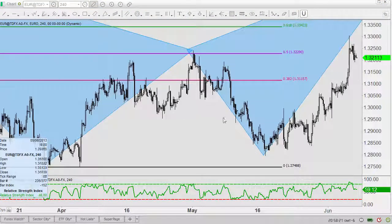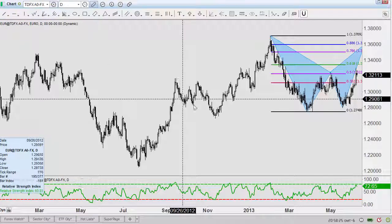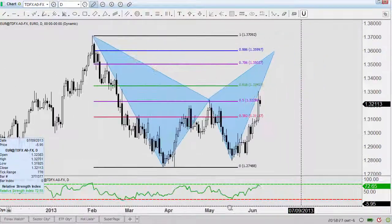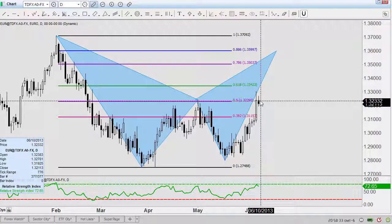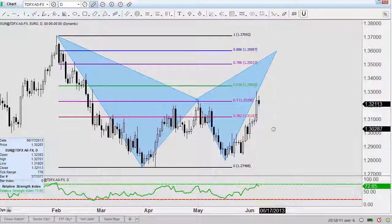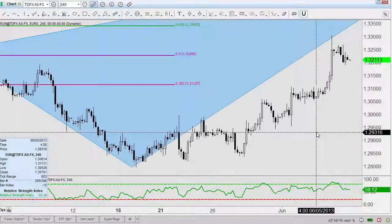Let's look at the euro. Euro out on the daily chart may be setting up a massive bat pattern. Looking for a press potentially back up into 136s. Now, the reason I say that is because we're actually kind of held up here at the previous resistance level. I think we closed above by a pip or two, maybe. But if I come down here to the 4-hour chart, you're going to see